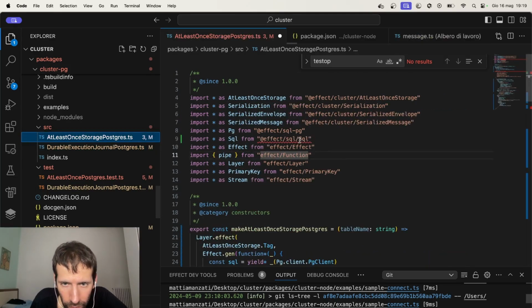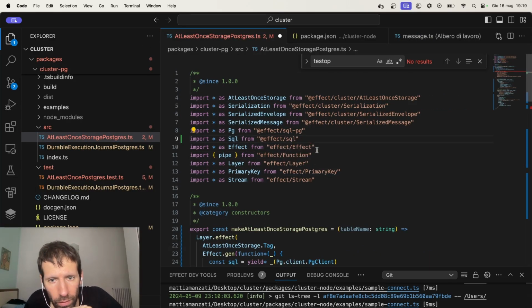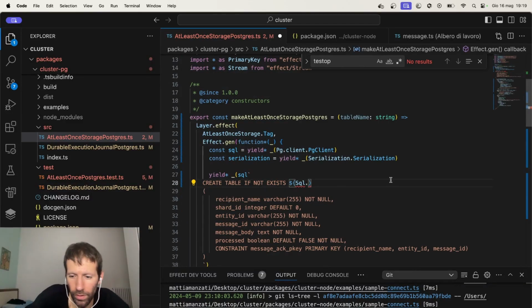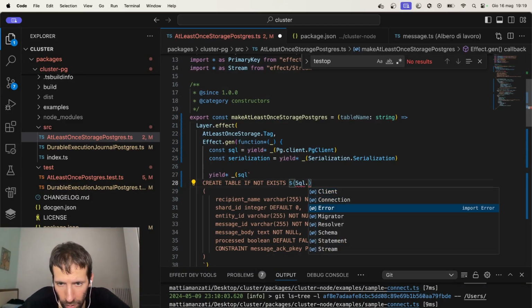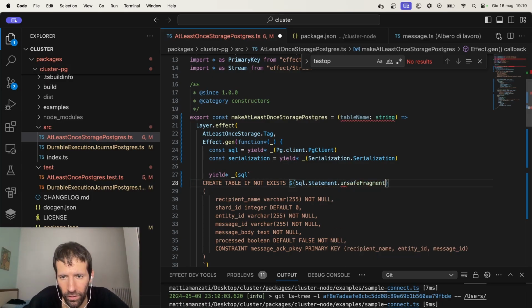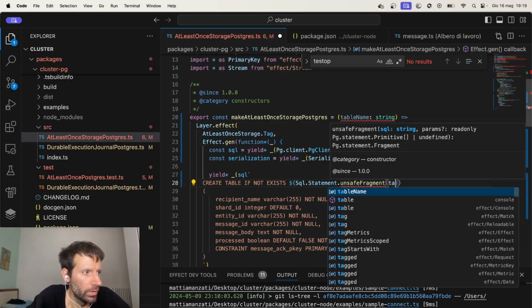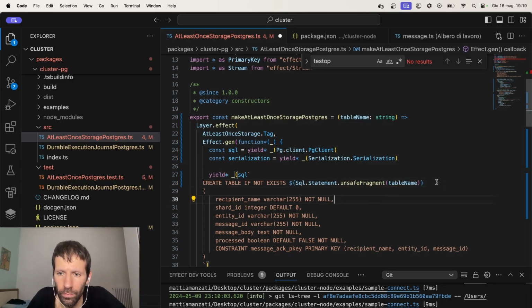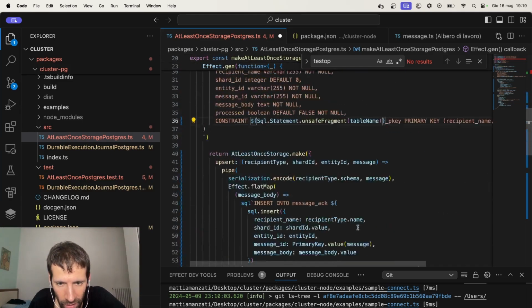Effect SQL without, okay, SQL dot statement dot unsafe, and I want to pass the table name, and this kind of fragment I need to provide everywhere. Message HK